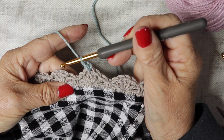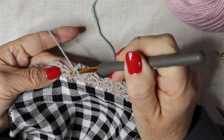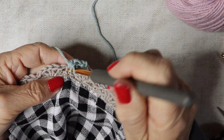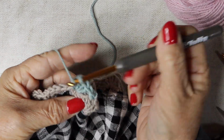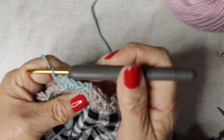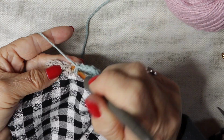So we're going to go down now into, so we're going to be skipping 2 as before, which is the 2 trebles, and we're going to go down into the next stitch, which is our double crochet, and we're going to be doing our 5 trebles. 1, 2, 3, 4, 5, then double crochet into the top of that middle treble of the shell,